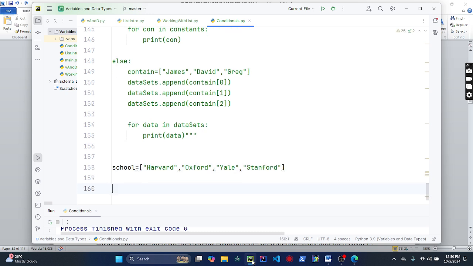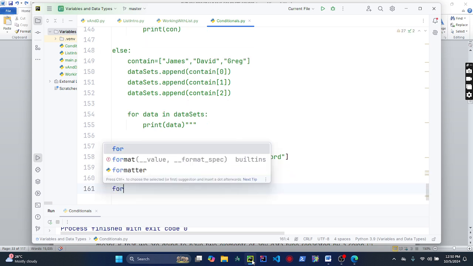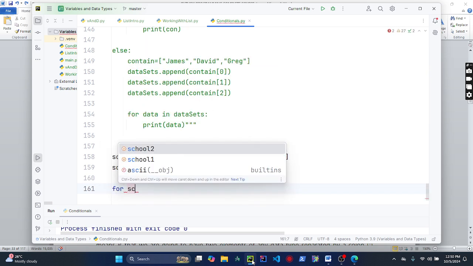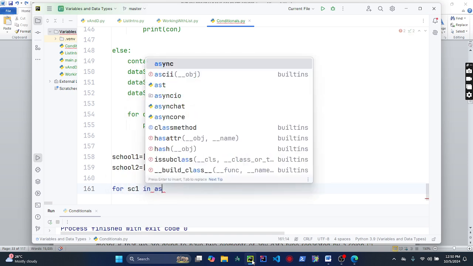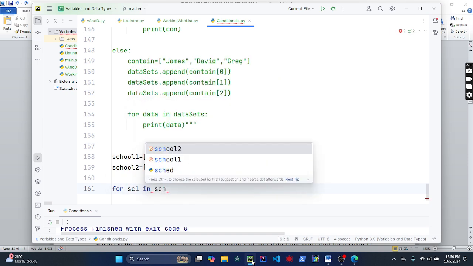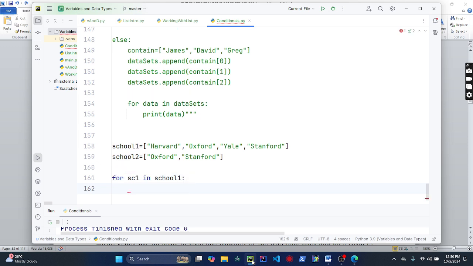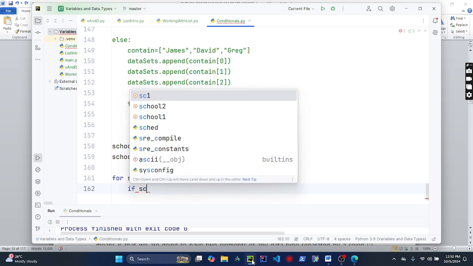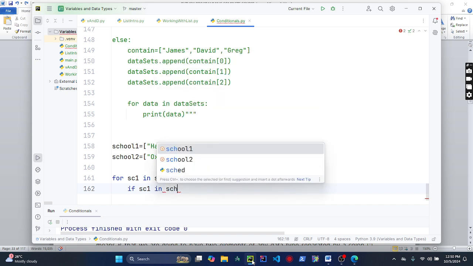Now, before that, I can say school one, and then I can create another school and call it school two, and this one will have just Oxford and Stanford. Now I can loop through school one, so SC1 in school one. So I will now come here and say if SC1 in school two,